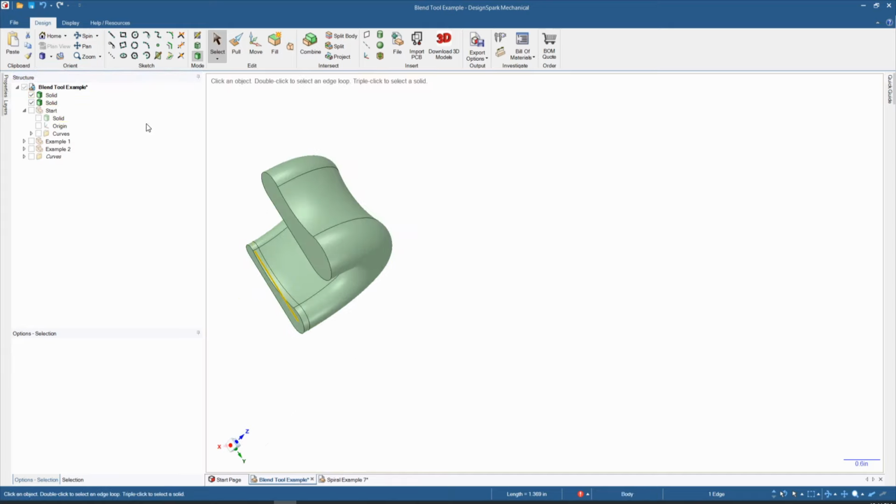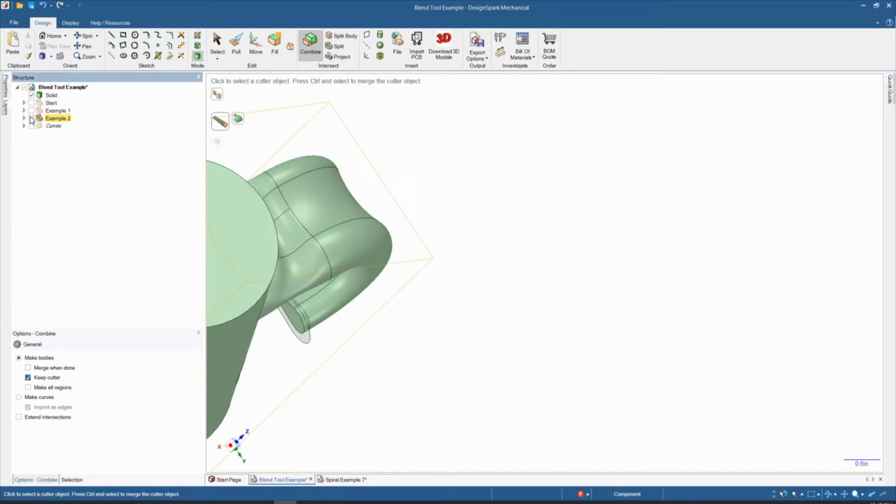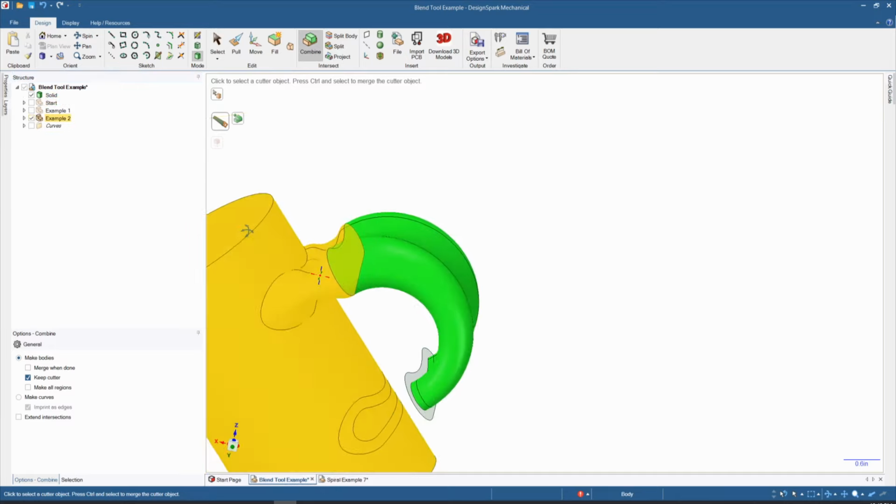Now that I've got a solid here and a solid here, if I turn it back on, I should be able to combine these two. So if I select this one and select this one and use the combine tool, that should glue those together into one solid. And if I come back down and turn on my other solid down here, I should be able to grab this one, drag it into this component,